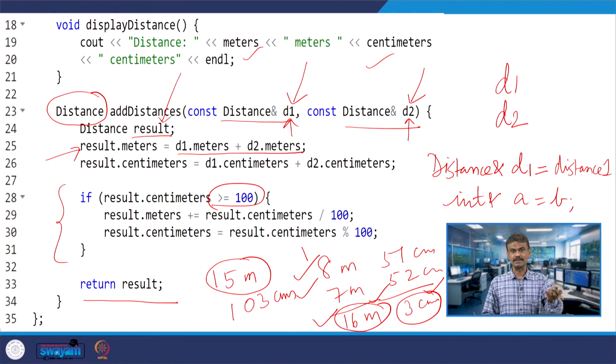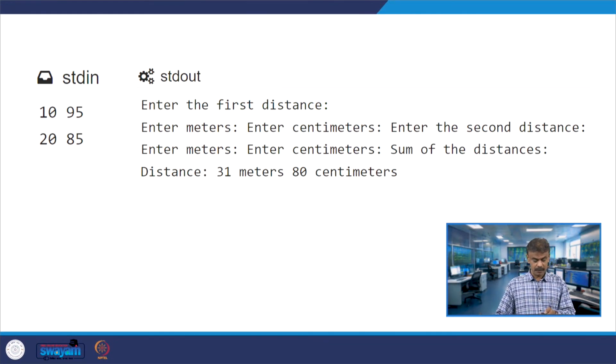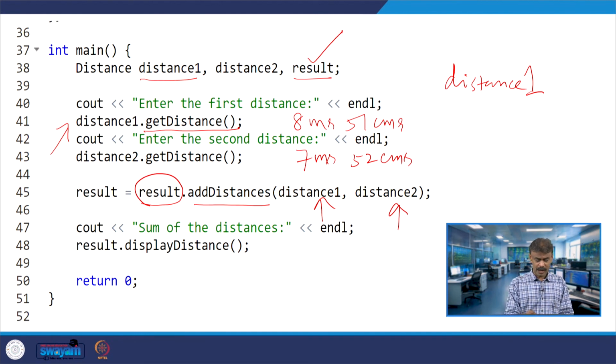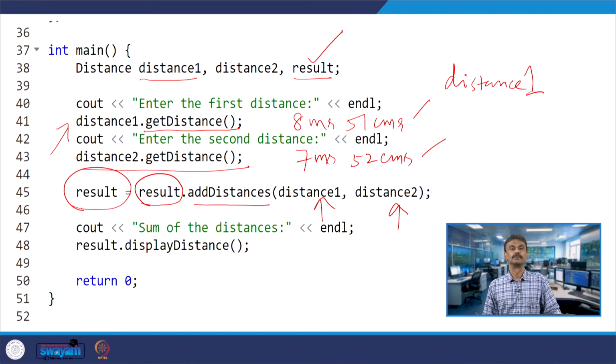Then you know the procedure. We are adding meters, we are adding centimeters and then we have the logic over here. Suppose I pass these two values, we also worked out that we are going to get this as the output. In the main program, distance 1 and distance 2 will each have a get distance, and when I add, the addition of these two will be stored in the result object.